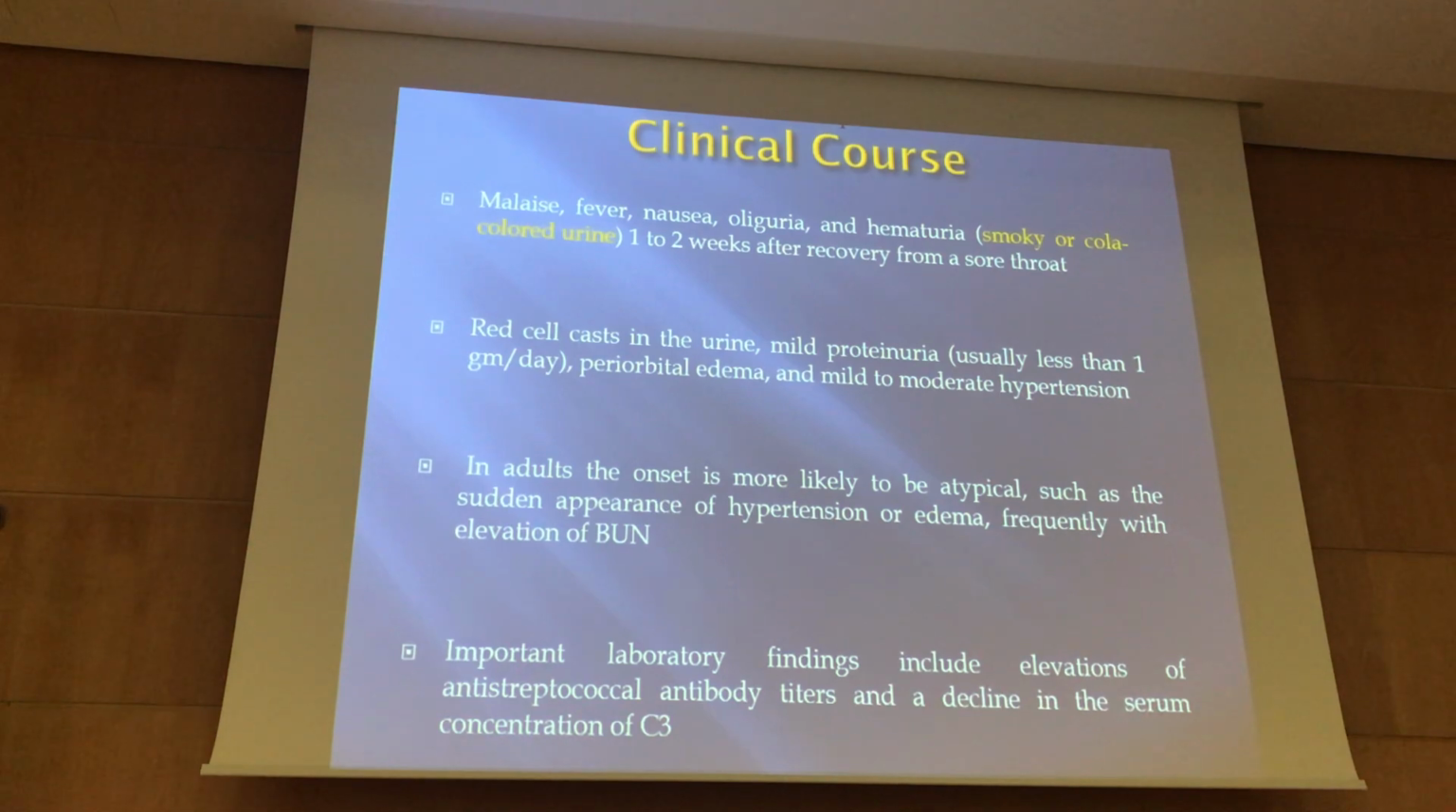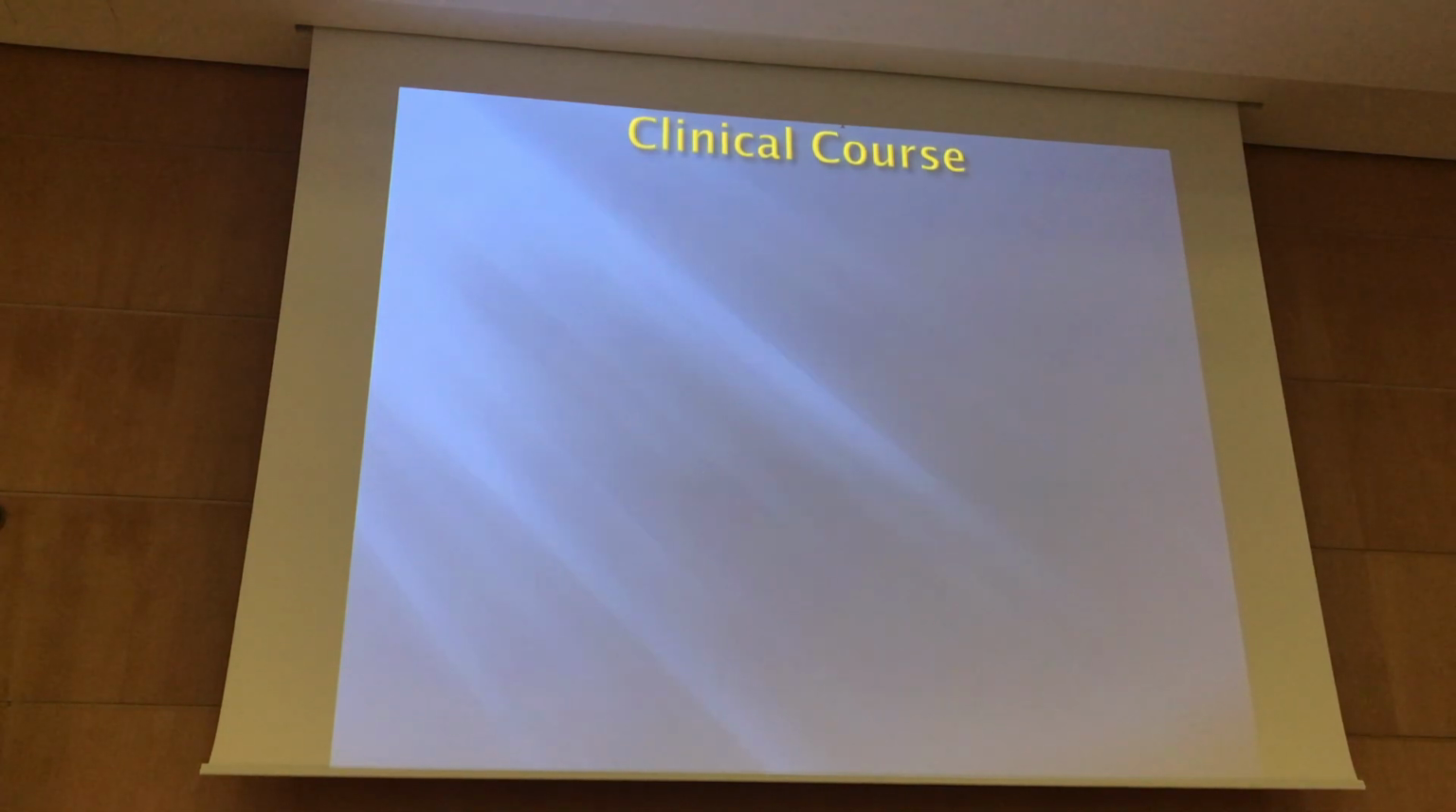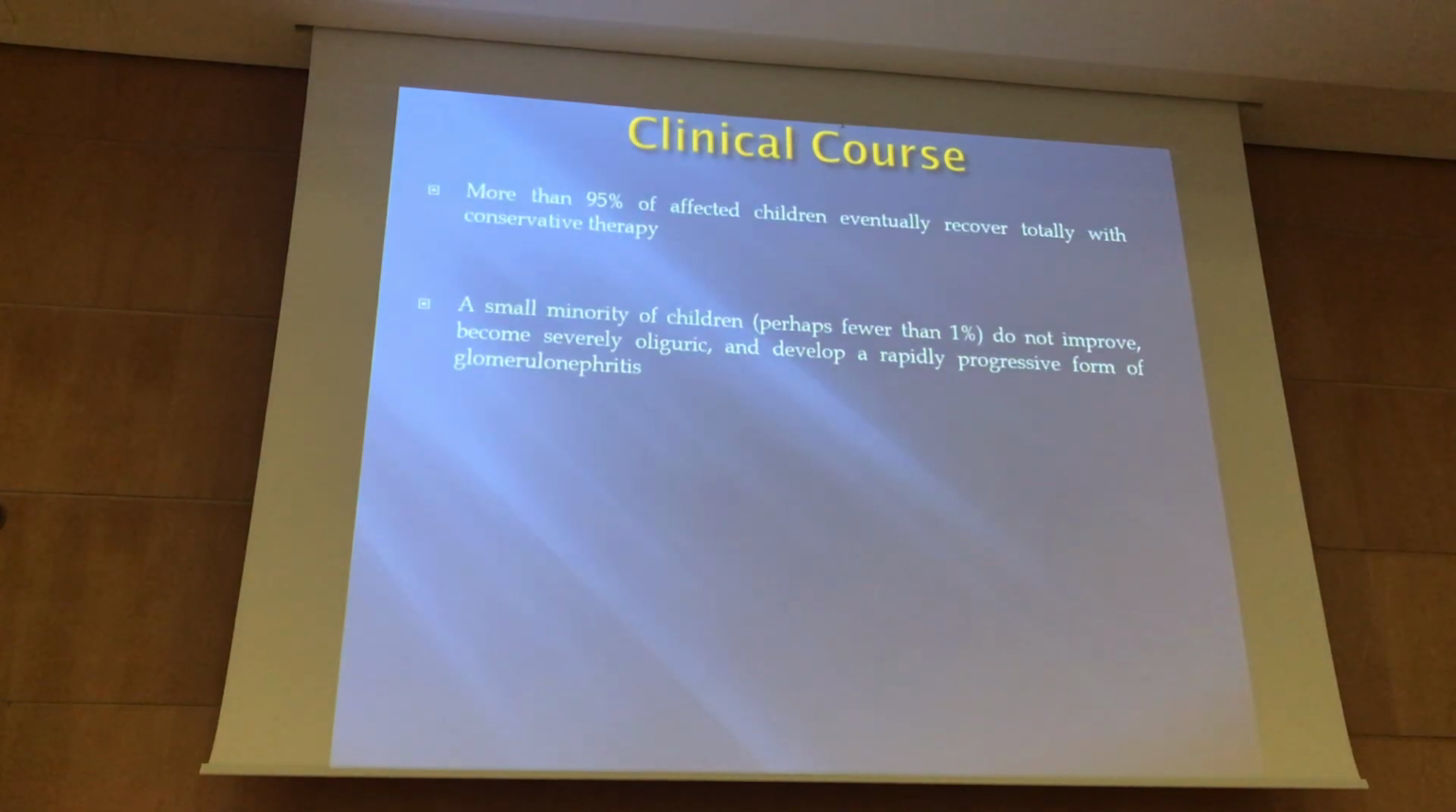Important laboratory findings are ASO titer and low level of C3. More than 90%, as we have discussed, of the children recover with conservative treatment. A small minority of the children, less than 1%,